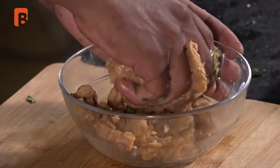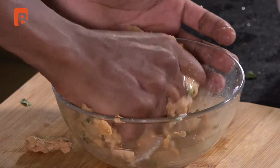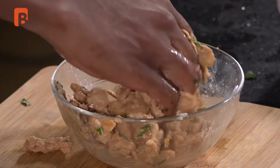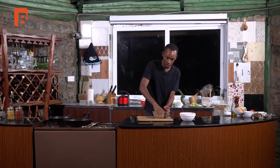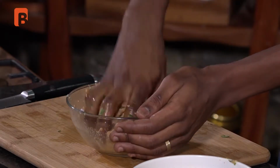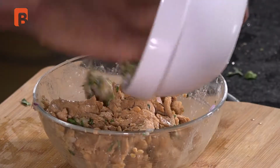Right, now in the bowl with the soy, we're going to proceed to just squeeze by hand, of course making sure to try and break out any bit of water in there, and also reduce the size of the chunks as you tear them by hand. You can also do this by hand, or alternatively chop this using a sharp knife and mixing it through. But since we're looking for that beautiful rough consistency to our dish, we are going to leave it at that and proceed to add our breadcrumb mixture,